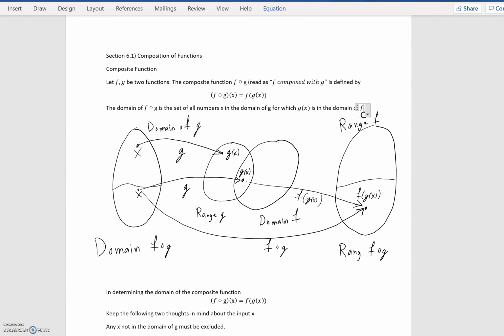Hi everyone, this is our lecture video on section 6.1, the composition of functions. So what exactly is a composition of functions? The composition of functions is a function operation denoted by an open circle